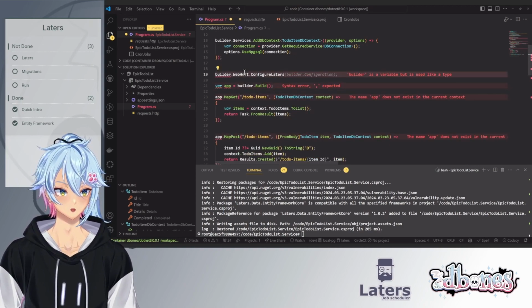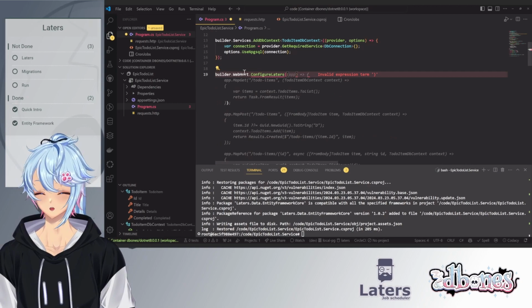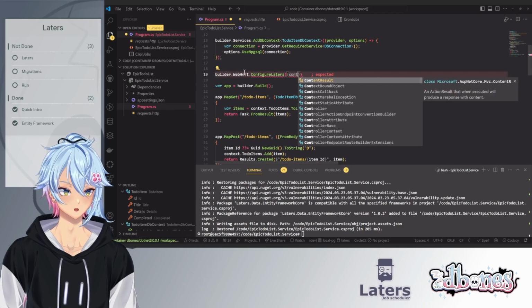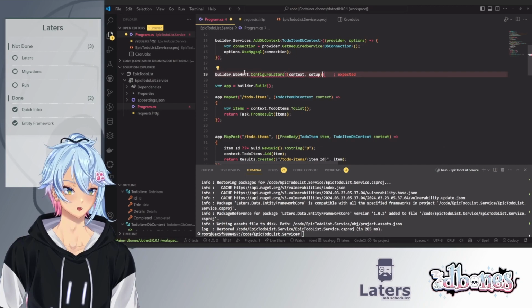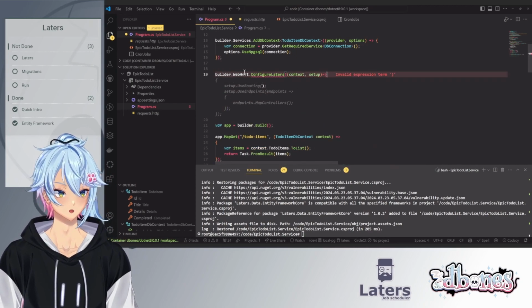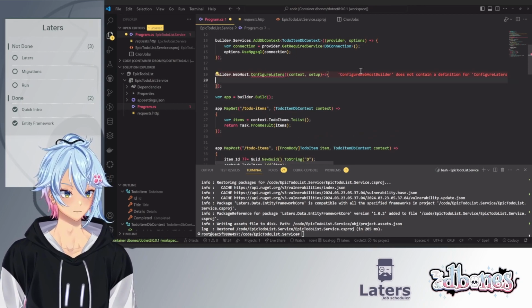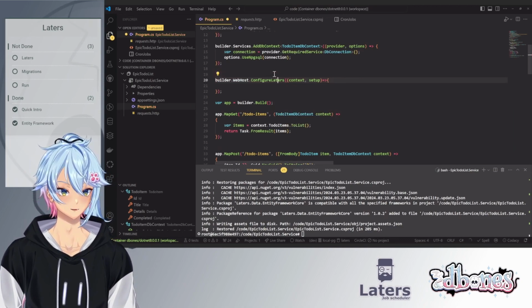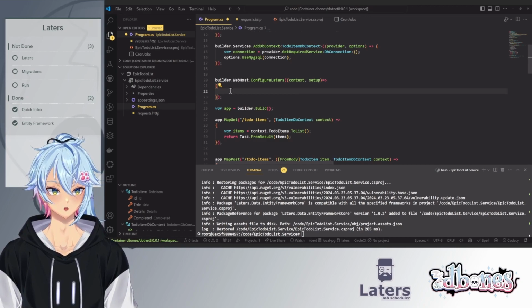Laters. Right, and Laters is going to give us a delegate. And the delegate's going to give us the context. Oh, don't you dare give me something that I don't want. Context. There we go. And we're going to have the setup. Nice. Then we're going to apply that like so. And are we missing anything? So this doesn't contain the definitions for Laters. You do now. Perfect. So this is everything we're going to need to set up Laters